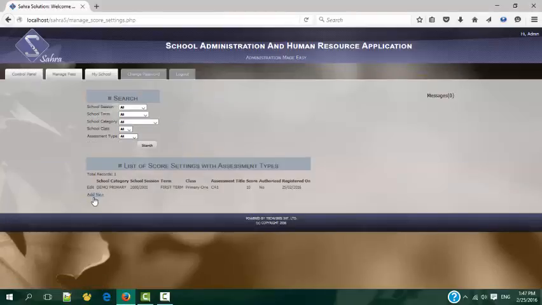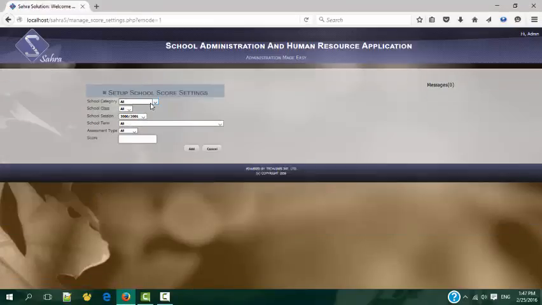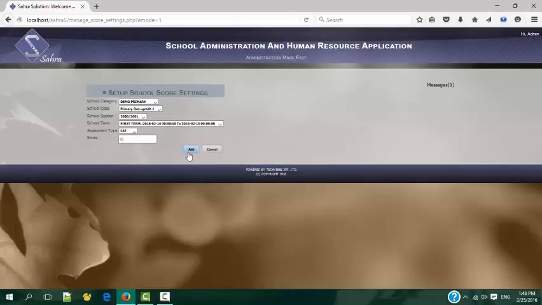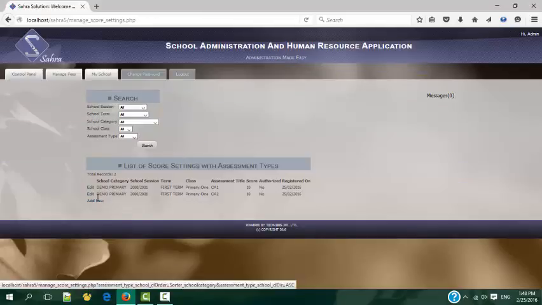We'll go again on admin, click on it. We'll do the same: category, class, term. Remember, why these are coming out is because we already created them in session and term and authorized them by the supervisor. That's why it's fixed. Once you click on it to come out, you just choose it. So assessment, we do 2 now. The score, let's make it 10 again. Remember, we're trying to get a figure that once we are done and we sum all these assessments together, we'll get over 100.